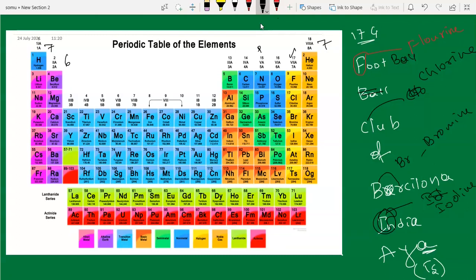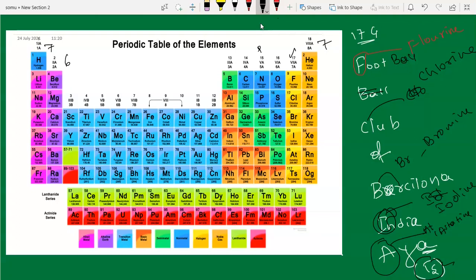From Aya से you can take At, astatine. क्यों के लिए आया, टू प्ले स्पोर्ट्स. I hope you are able to remember this.